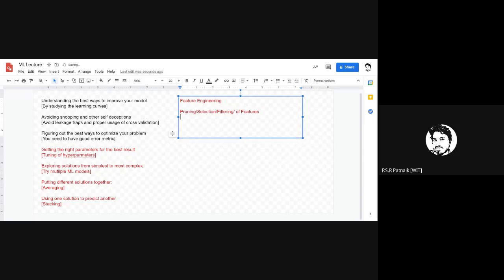So these are the next two processes where, if we apply them, there could be an improvement in machine learning.